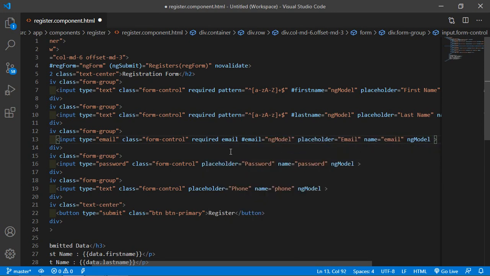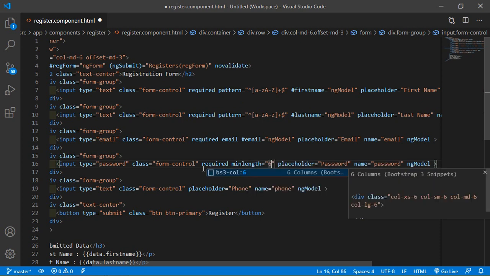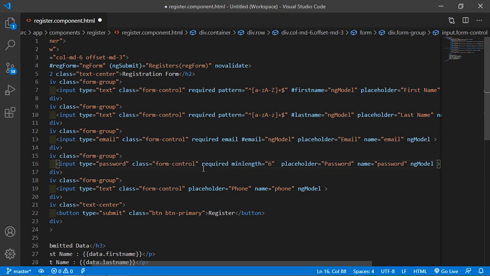All right, and now validate the password field. Here just write required, and set the minlength, let's say 6, and add a hash, password is equal to ngModel.